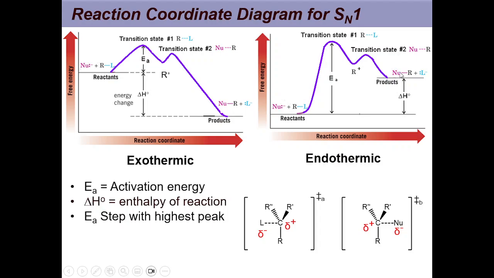going up. So this is an endothermic process, simply because the product has higher energy than the reactant. Mechanism-wise, there are two peaks on both diagrams. And notice that the first peak is always higher than the second peak in the same diagram. You can see in the first one, this peak is higher than this peak. In the other diagram, you can see the first peak is higher than the second peak, both indicating that the